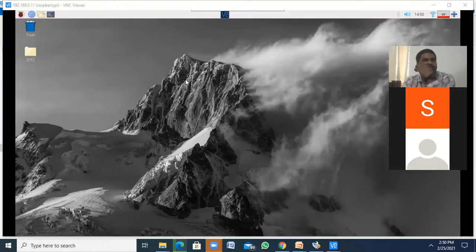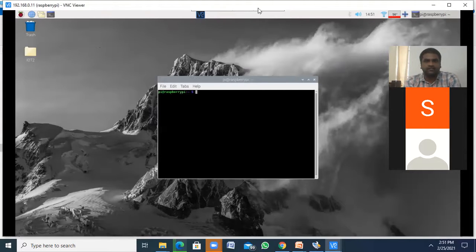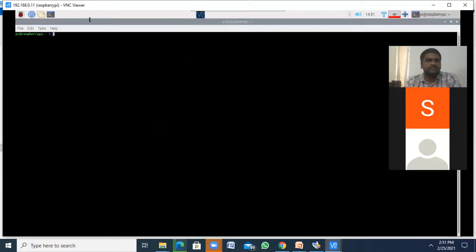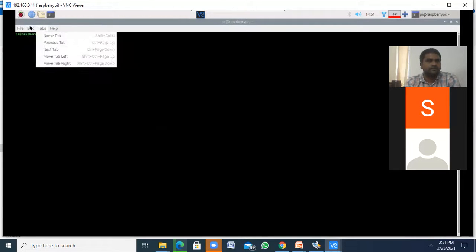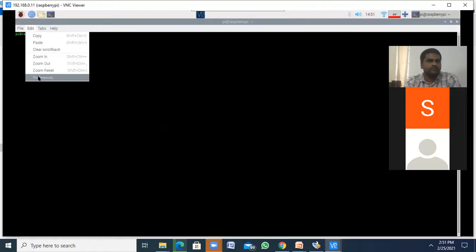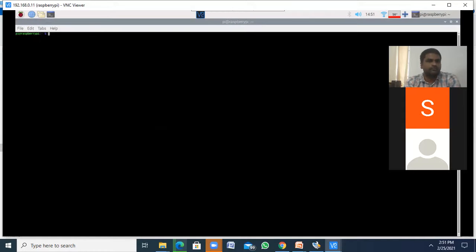See, the Raspberry Pi has an operating system which is the same as Linux. Okay. So we have a terminal here. The terminal looks like this. Zoom out, Control Shift plus.